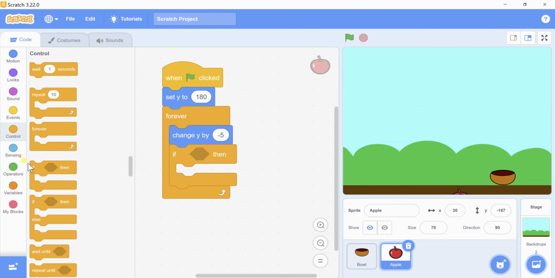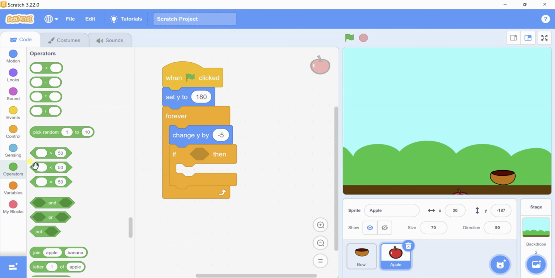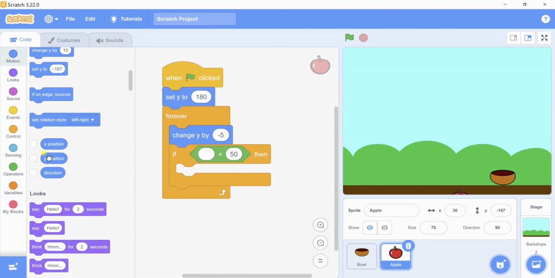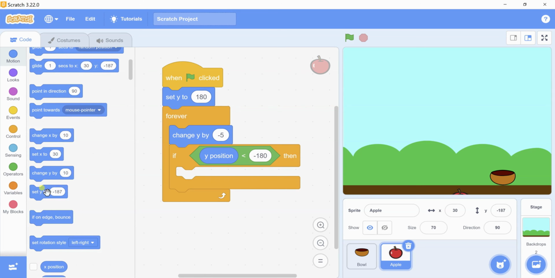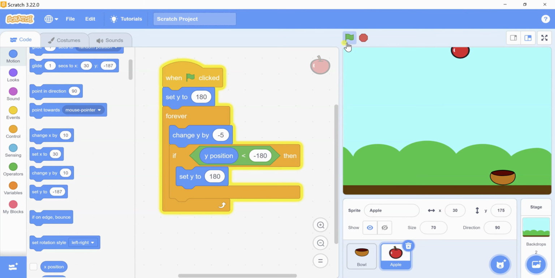For this I am applying a condition, that is if, the comparison operator, if the y position of apple is less than minus 180, go back to set y to 180 and go to random position. So you can see it here.